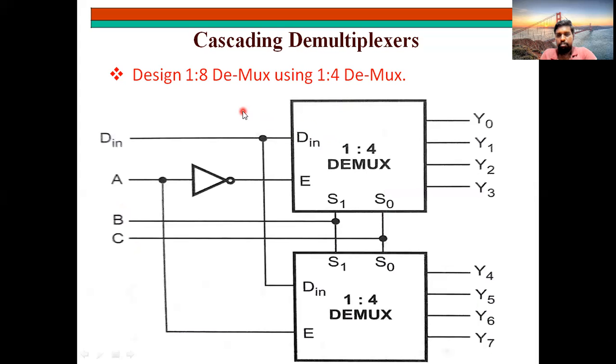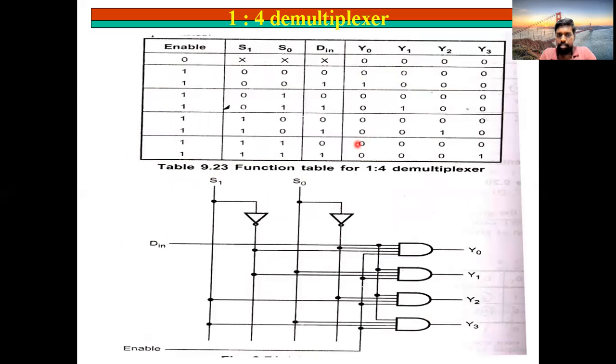Okay, see. So by this, the concept of DMUX is completed. You just know how to cascade these DMUX as well as how to frame the 1:4 demultiplexer. Likewise, we can frame 1:8, whatever it may be, the format is same. Okay, clear? So I hope the concept of demultiplexer is understood by you. It is a reverse operation of multiplexer. In multiplexer, 2 power n inputs will be there, one output will be there. But here only one input will be there, 2 power n outputs will be there.